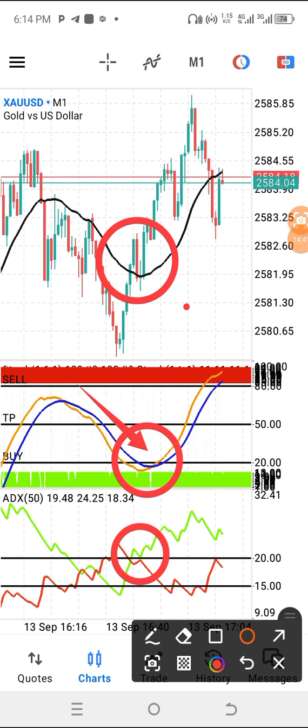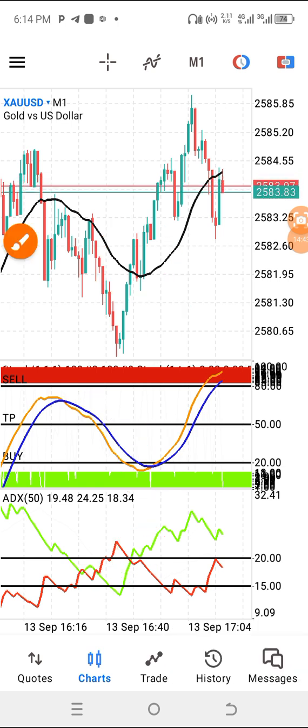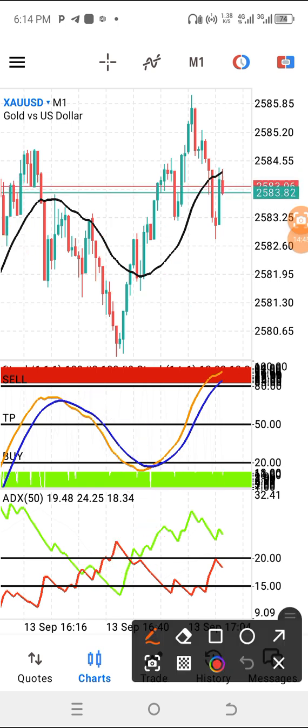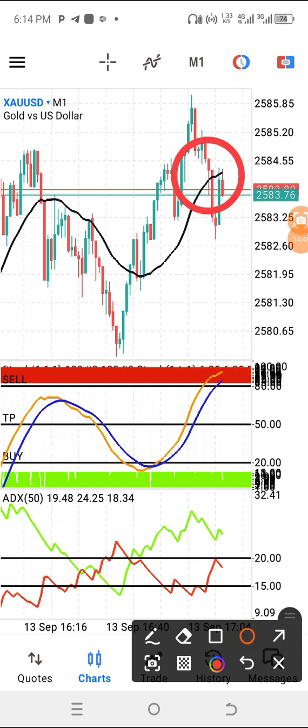Now you can see that price is giving us a form of cross. You can see that there's a sell setup here, but it has not really materialized. Why has it not really materialized? One, we have not got a cross below the level 80 at this zone. And we've not also gotten this cross.